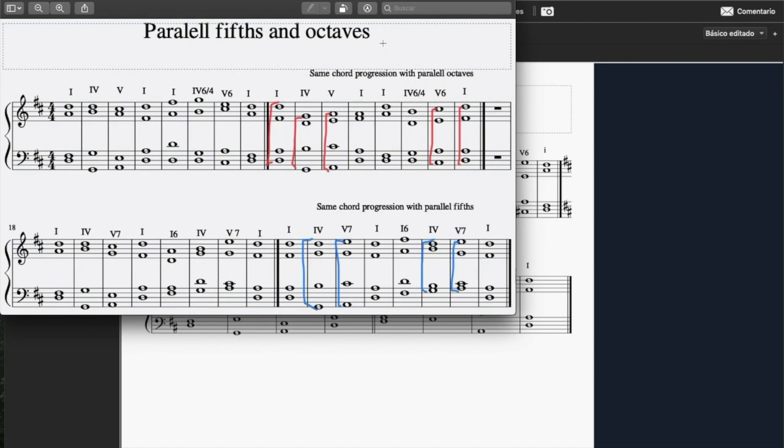Nevertheless, it doesn't mean that it is wrong. I'm not saying that. I'm just saying that it's not advisable at the beginning